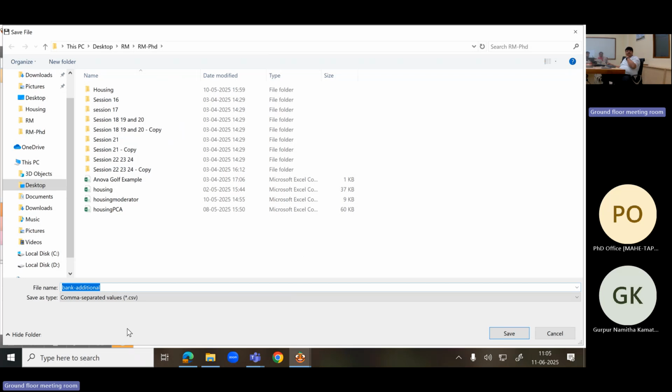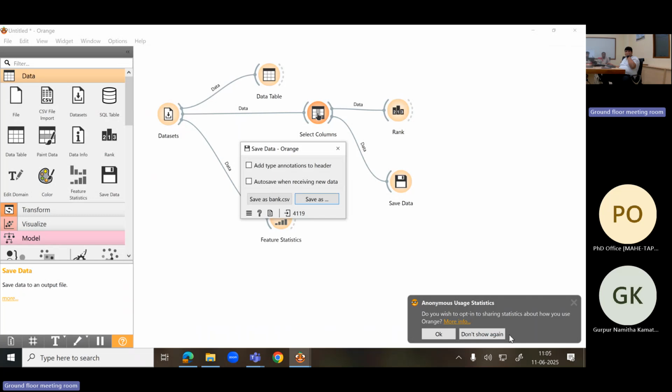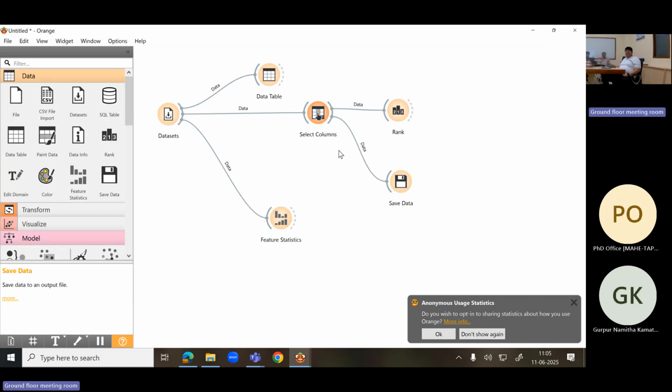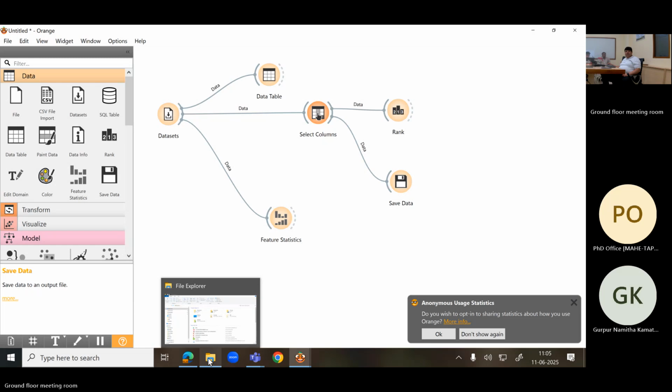So bank. Yeah, bank. I just write bank data and additional material. I just say bank data, bank marketing, the bank should be bank. Save. Okay, now I have saved that bank related data. Now what I'll do is